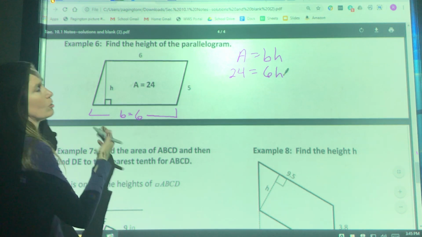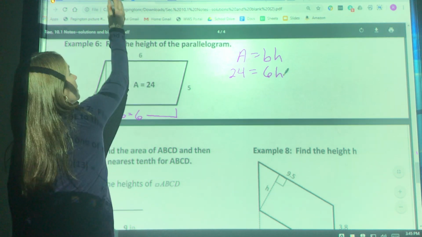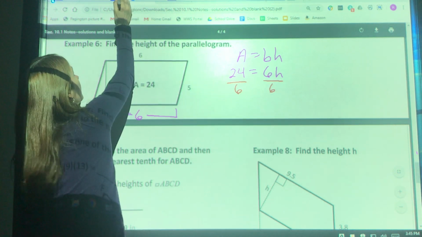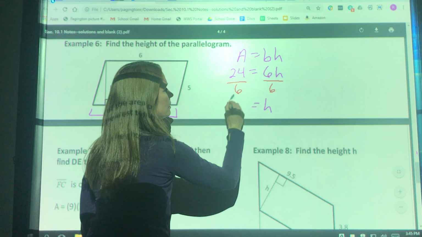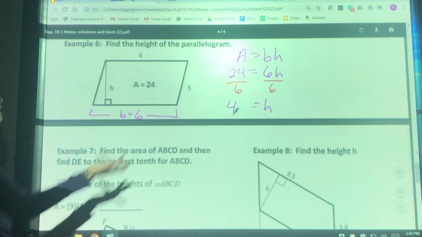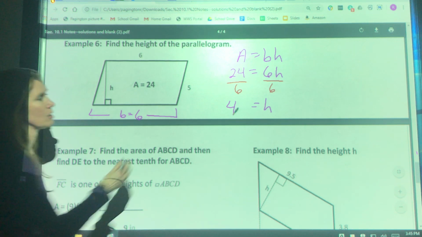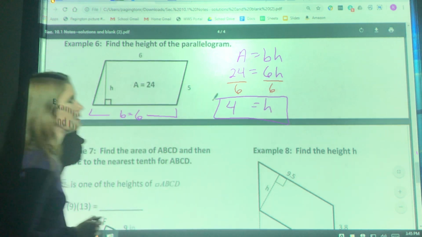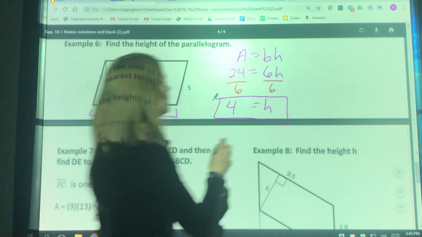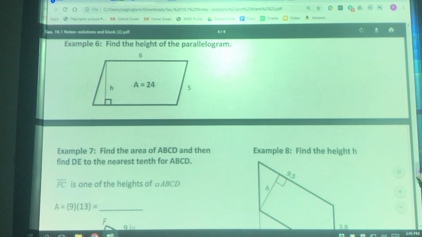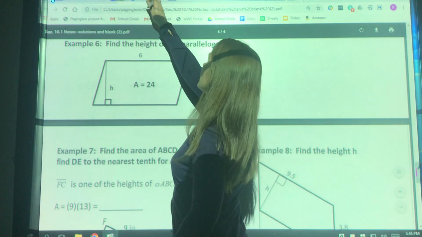All right, so if I want to solve that, if I want to get h by itself, I can just divide by 6 on both sides, and that gives me 4. And again, there's no units to include this time because they didn't give me any units in the problem, so I can just leave it as h is equal to 4. Okay, all right, so moving on here. If we look at number 7,